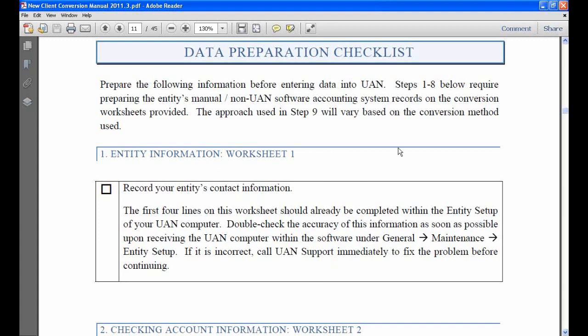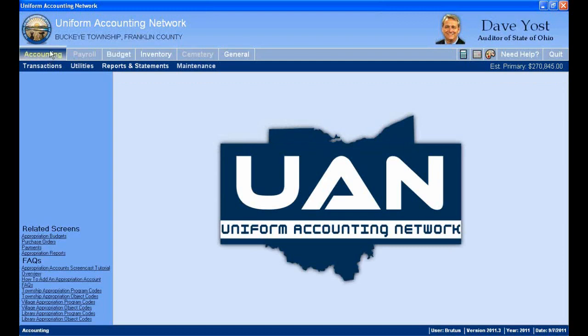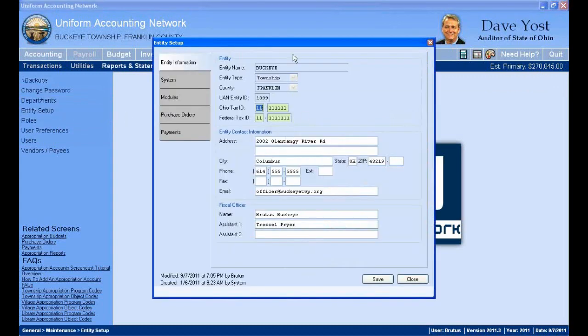Actually, like I said, you guys can look at that. Let me just get into the software and talk about how this relates to all the exercises we've done in the past. If you look on page 8, it says record your entity's contact information. This is what we talked about on the second day of class under general maintenance, entity file setup. Remember how I said this is one of the first things you want to check when you first get your UAN computer and log on for the first time, to make sure that these first 3 lines are accurate. Otherwise, call the UAN support line and tell them, hey, I got a computer and I'm Buckeye Township,